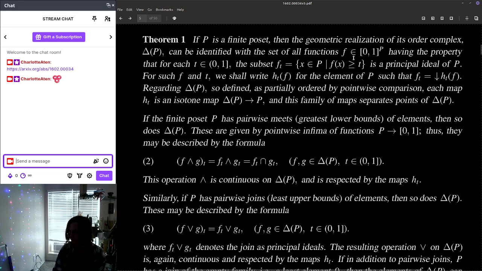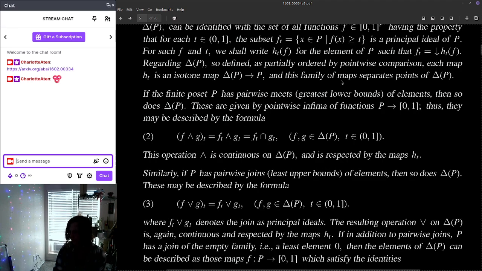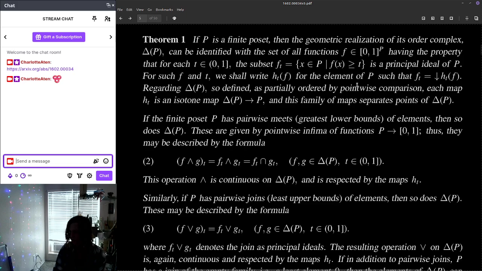You can do this type of thing with any poset, but I'm just going to talk about lattices, which is obviously the goal as well, though it's described in slightly more generality. The idea is that we can think about functions from P, our lattice in this case, to the closed interval 0, 1,